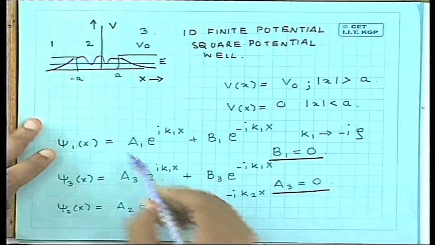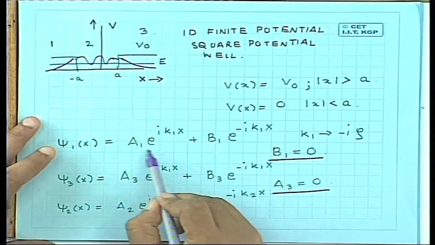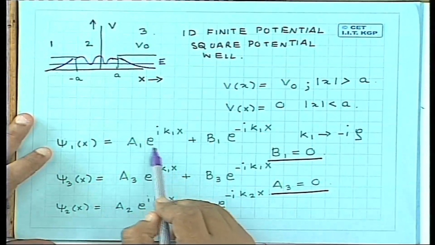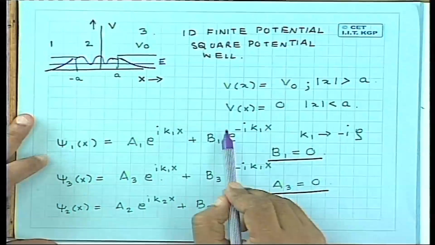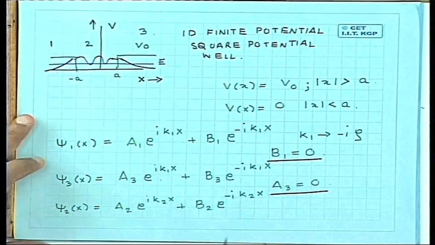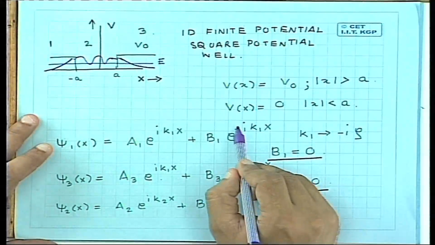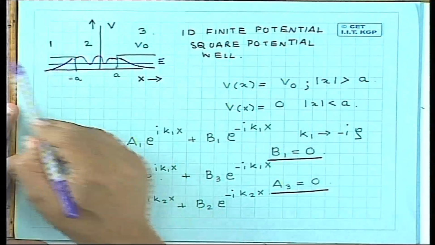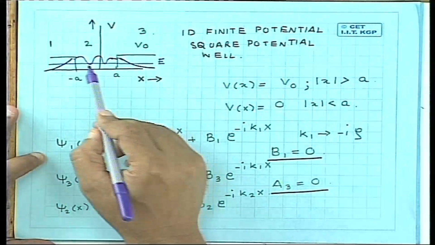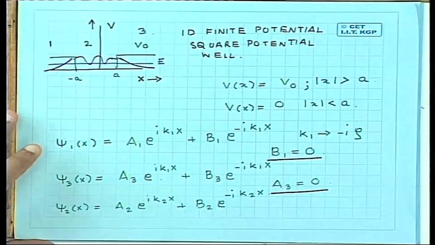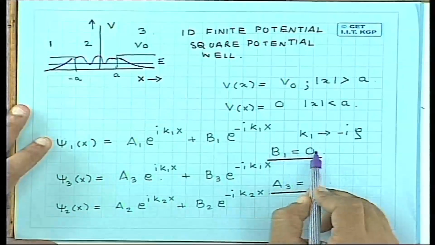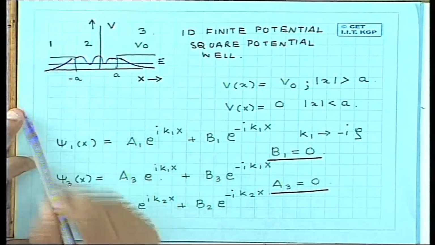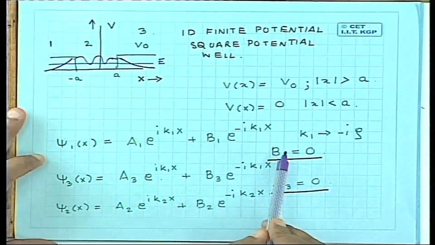And this represents a part of the wave function which, as x goes to minus infinity, will decay away, will go to 0. The other part will blow up as x goes to minus infinity, because this will be e to the power minus rho x. And we don't want the wave function to blow up at minus infinity. We want a situation where the particle is confined within this. So B1 has to be 0. The boundary condition that the wave function should not blow up at minus infinity tells us that B1 has to be 0.